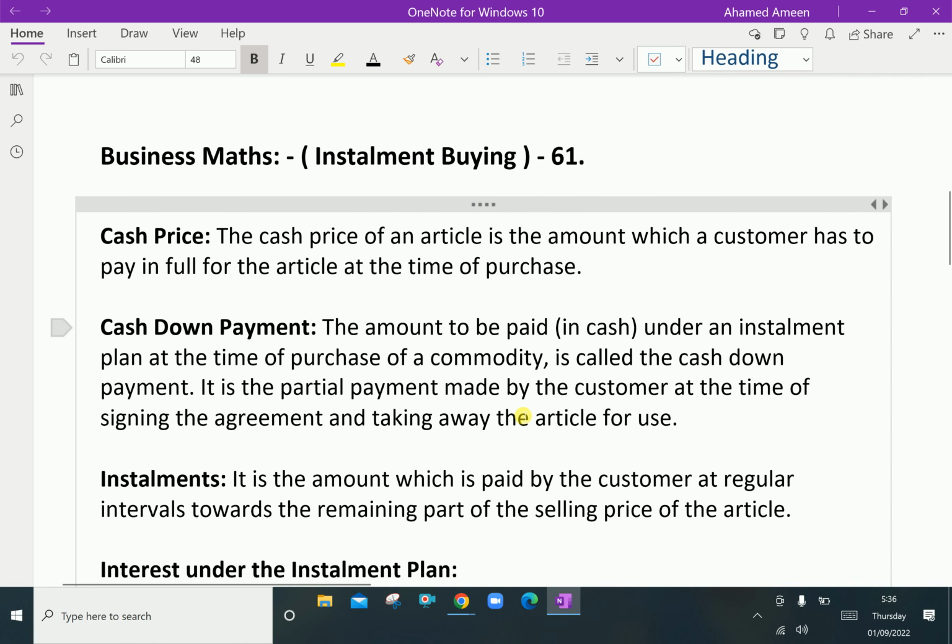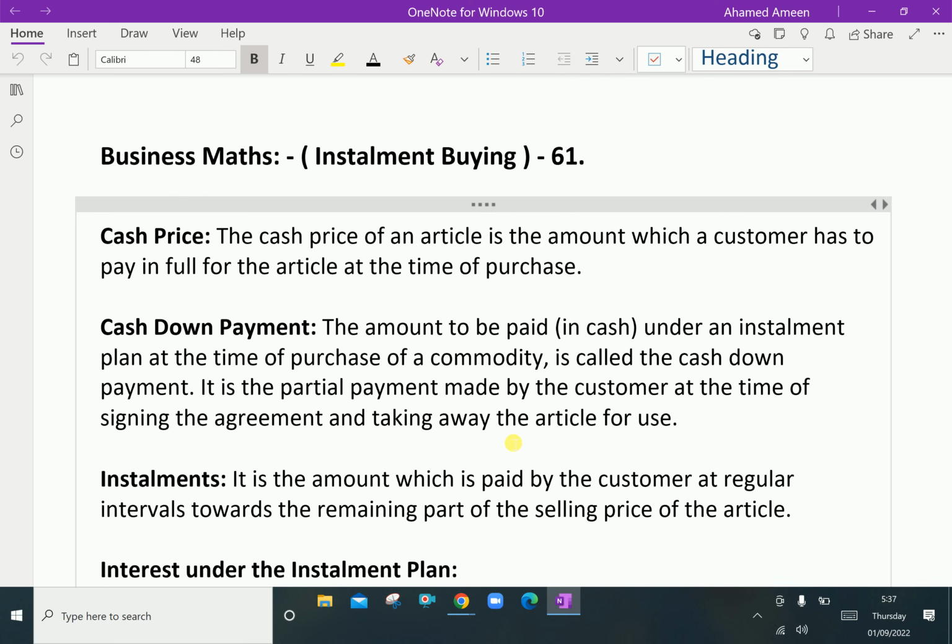You may notice advertisements like "Pay just ₹1,000 and take home a color TV, the rest in easy installments," or "Buy a car of your choice by paying 1 lakh and the balance in easy installments." Such plans attract customers, especially the common man who could not buy some costly articles like a car, scooter, fridge, color TV, etc.